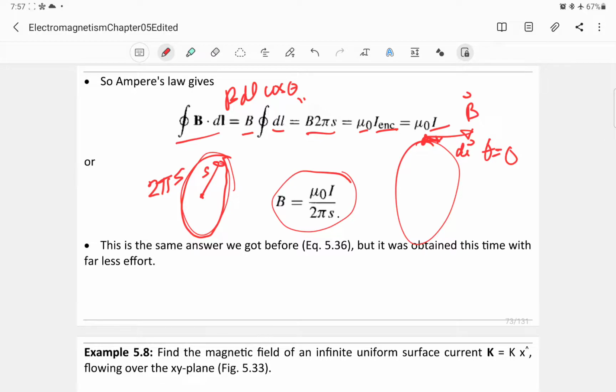So in general, your B is a vector. So if the direction is given by phi, then your B is equal to mu sub 0 I over 2 pi s times phi hat. Now the second one is